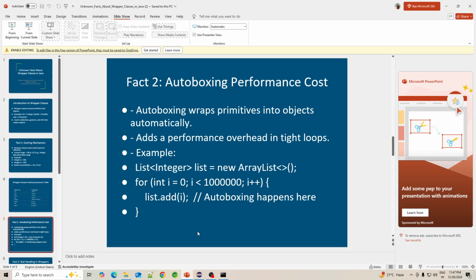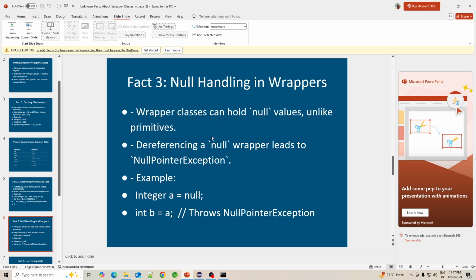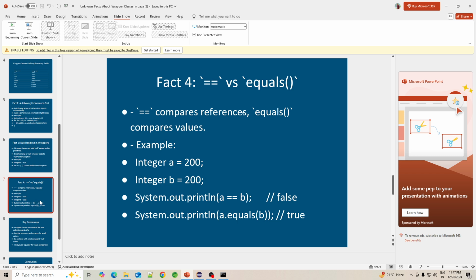Now let's see what fact number 4 will be. I think I have already discussed this. Fact number 4 is double equals versus equals.